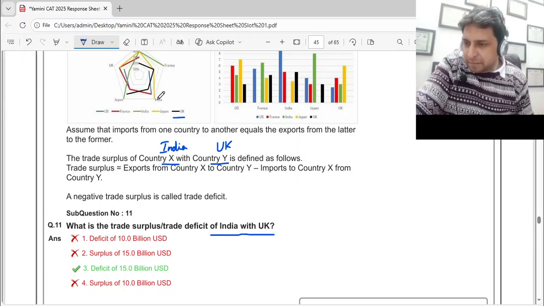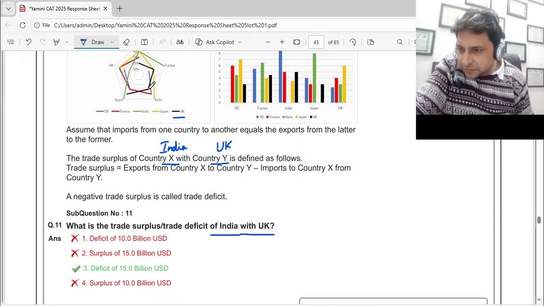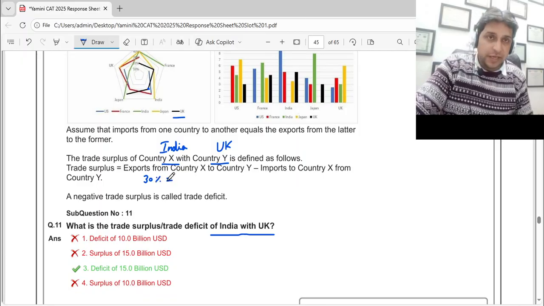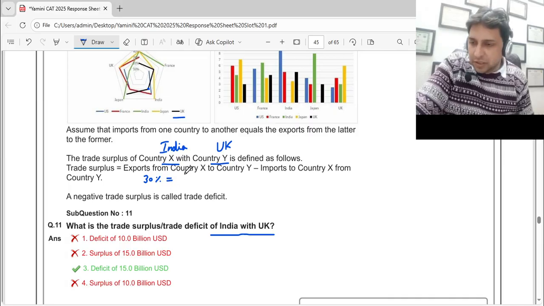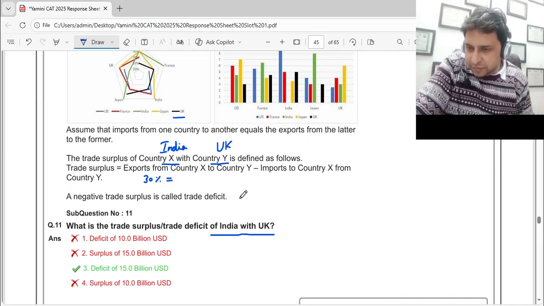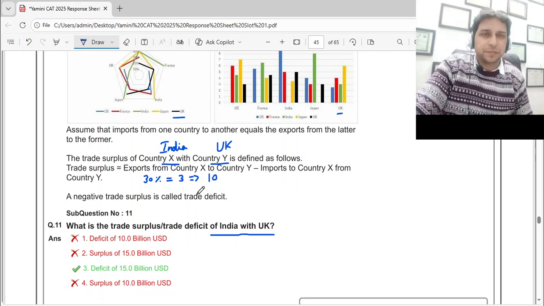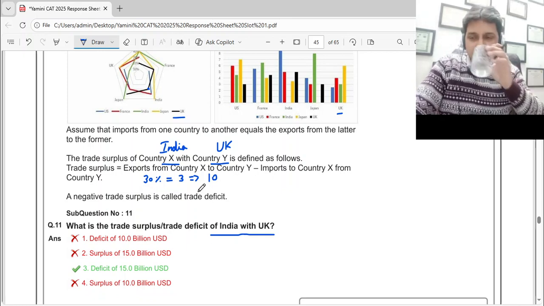then UK, India, this is 30%. Now 30% of total import, I mean, is equal to how much? UK is importing, India is 3. That means this 100% is gonna be 10. The next one which we have,